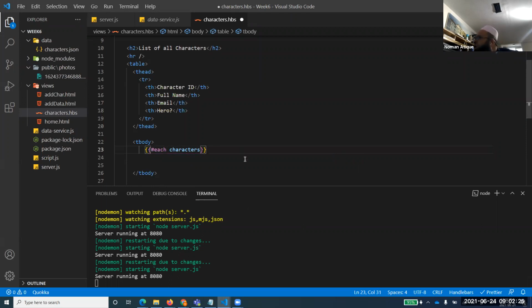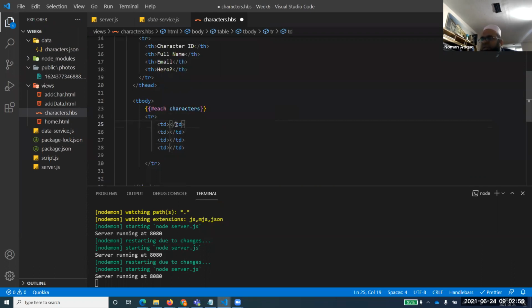This each is more familiar to forEach or something like that. So if you want to use it, you will be using this hash symbol and then each. For each character that we have received, do something. Create a row for every character. But not only create a row, do something else as well. Let's create four TDs. TD multiplied by 4. Now four TDs are created.